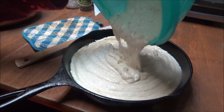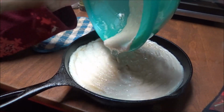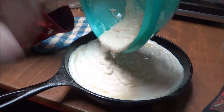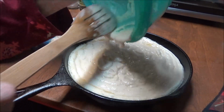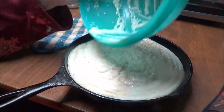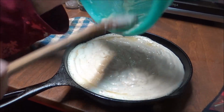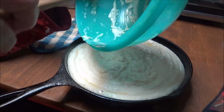All right, just a little bit. It's not as hot as it usually is. I didn't leave it in there as long as I usually do. I left it in there for about 15 minutes. I usually leave it in there 30 minutes, but it's almost 7 o'clock and I haven't gotten dinner ready yet, so